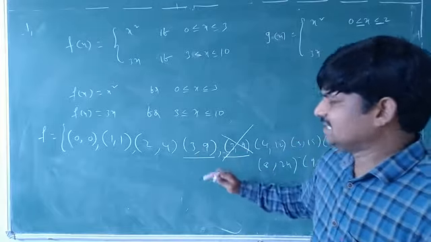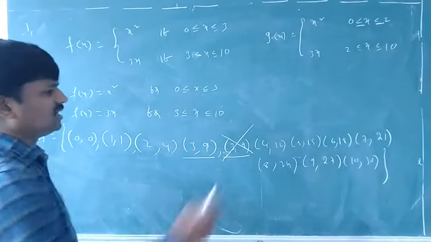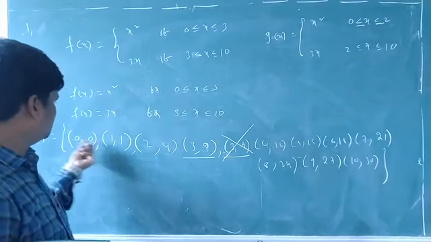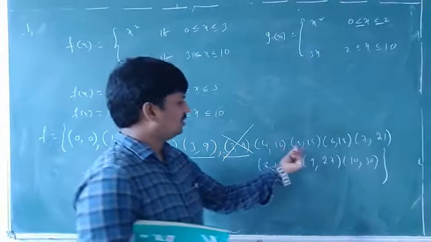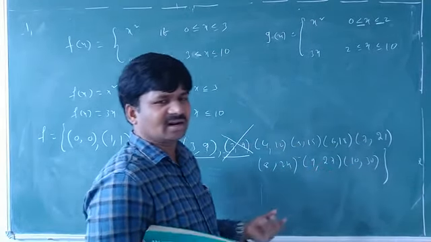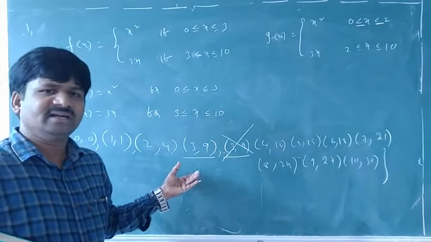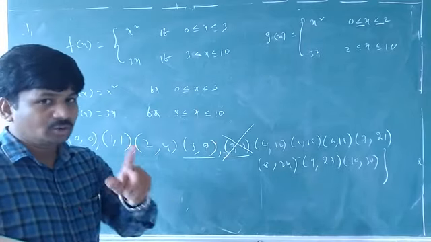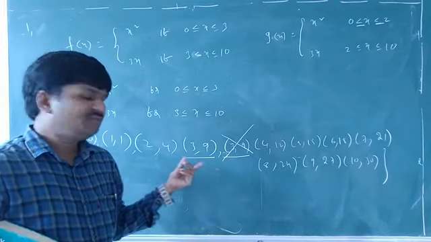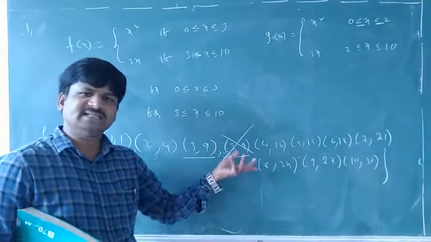So now just observe here. Is this relation a function or not? Clearly, you can say that it is a function. Why? Just observe the first elements: 0, 1, 2, 3, 4, 5, 6, 7, 8, 9, 10. Are all elements not repeated or not? No element is repeated. No element is repeated means compulsorily it is a function. I already told you, if the function is written in ordered pair form, and any first element is repeated, then that is not a function. If the first element is not repeated, then that is a function.